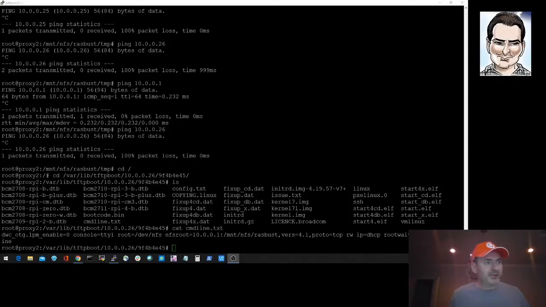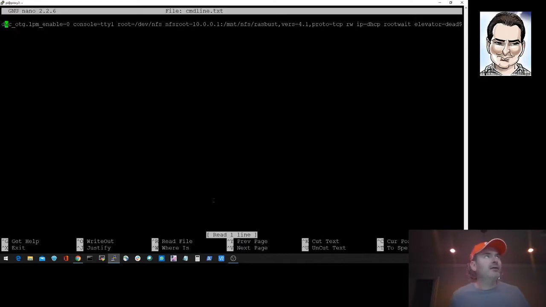Okay, so now you've seen that Raspberry Pi boot up. What we're going to do now is go from that Raspberry operating system full version that you saw boot over the NFS server. We're going to change the configuration file here. I'll click in the right window, and we're going to go to command.txt, and we're going to change this line here from rasbust to buster1,